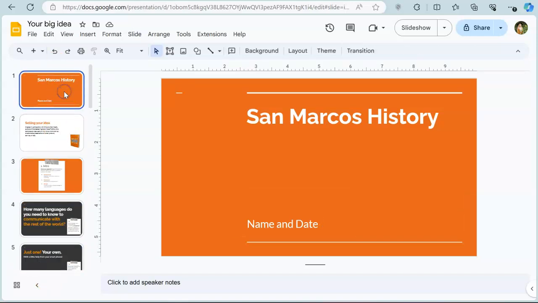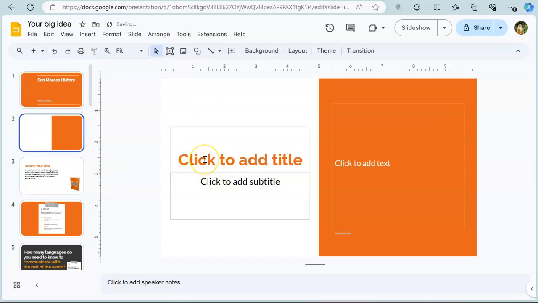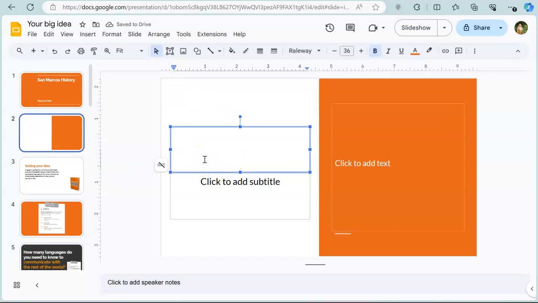So basically, if you want to add a slide, you'll go right up here, new slide. You can push a little arrow and it gives you different things. So let's do this one. And let's say we are talking about its history. Then we can talk about, let's say, the court house